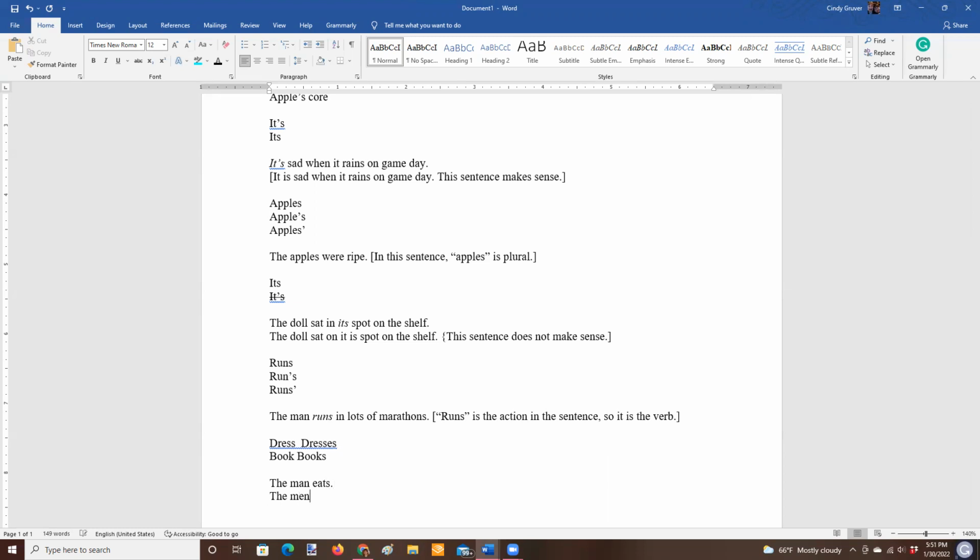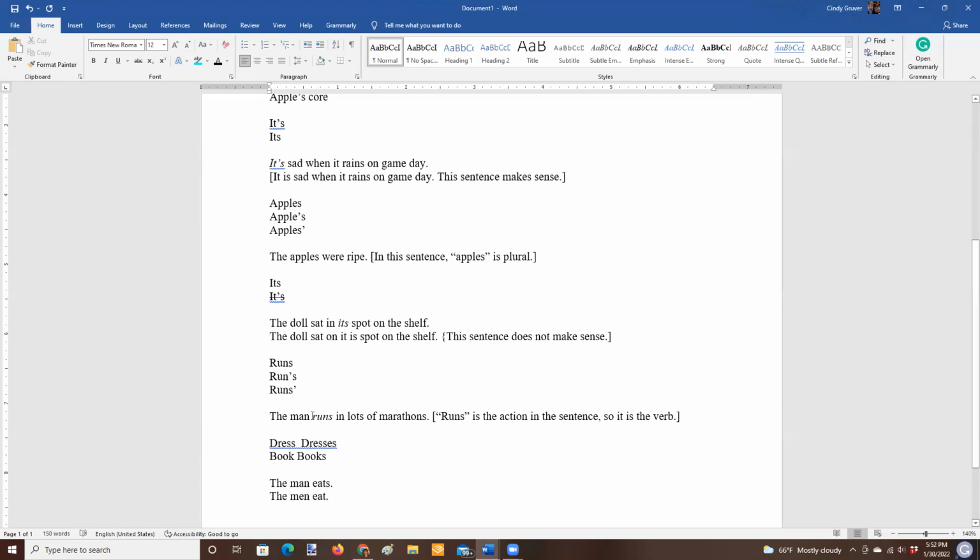The men eat. So when there's more than one person doing it, there's lots of forks moving around here in this story, we don't add the S. When it's just one fork flying, we add the S. So it's kind of a weird thing going on in English where we add the S to nouns to make them plural. We take away the S from a verb to make it plural. Okay,